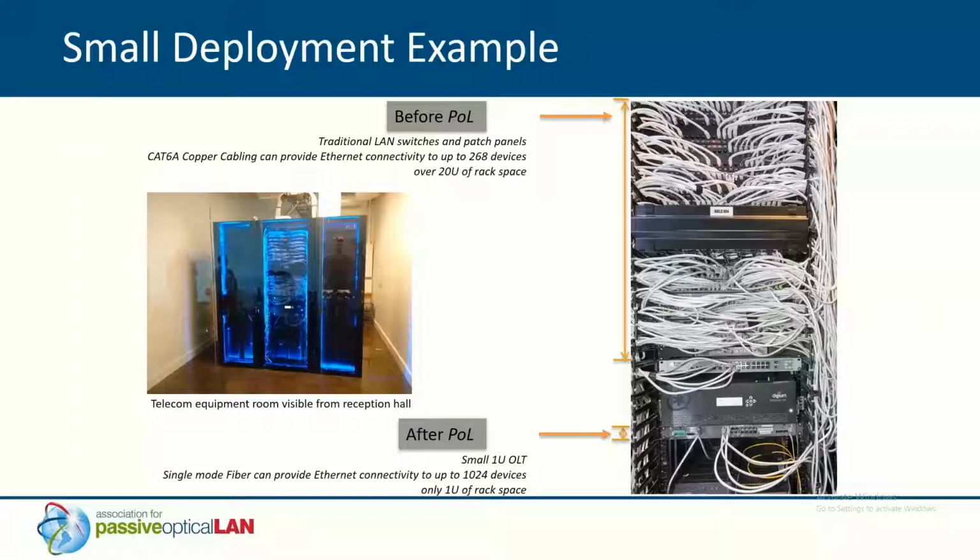Forgive the cable dressing here, it's not real pretty, but the picture does give you a really good idea of what really surprises folks who are used to a traditional copper network and visit a PON installation. You're used to seeing dozens and dozens of copper cables, Cat5, Cat6, heavy duty cable trays, the kind of mess that you see here on the top side. Potentially all of that goes away.